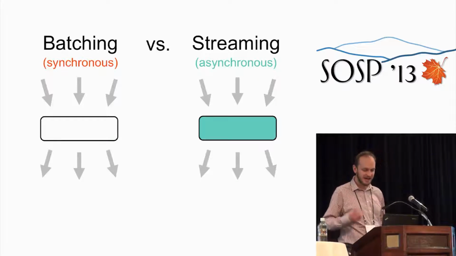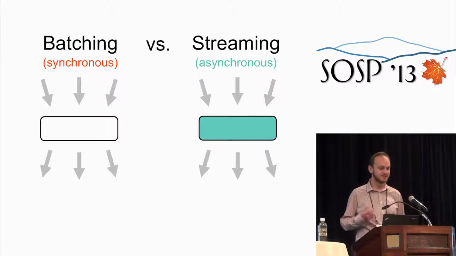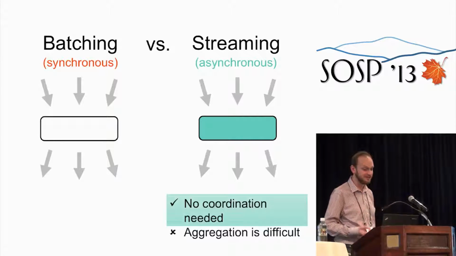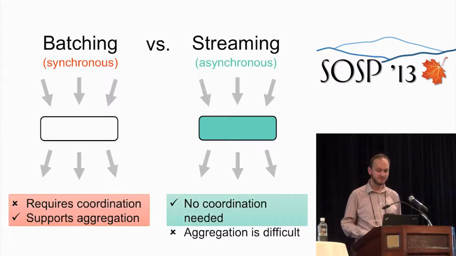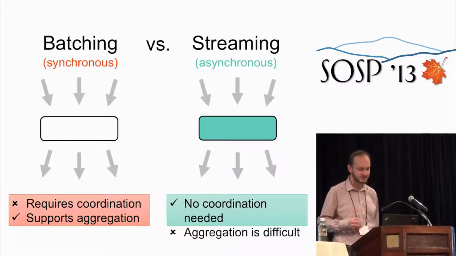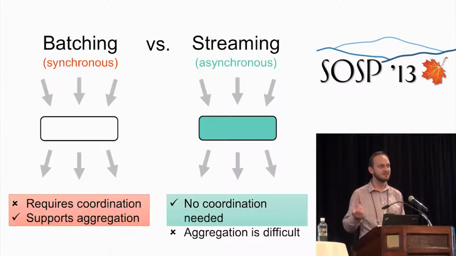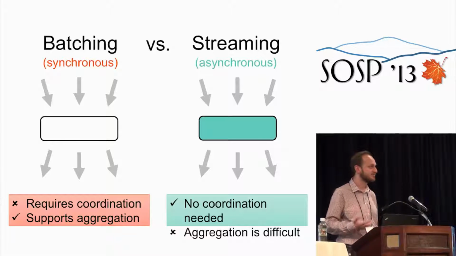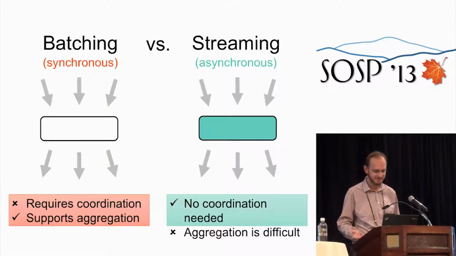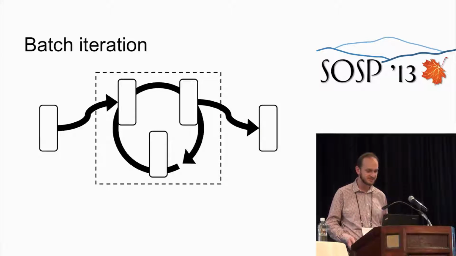So these two models have strengths and weaknesses. Asynchronous streaming is typically more efficient in a distributed system because independent vertices can run without coordination. But sometimes you need synchronous execution. And I think some of the questioners at the end of the last talk raised this point. If the vertex has to compute an aggregate value like a count or an average and associate it with some prefix of the input, this requires the system to perform some coordination to know that all of the messages or records have been received.